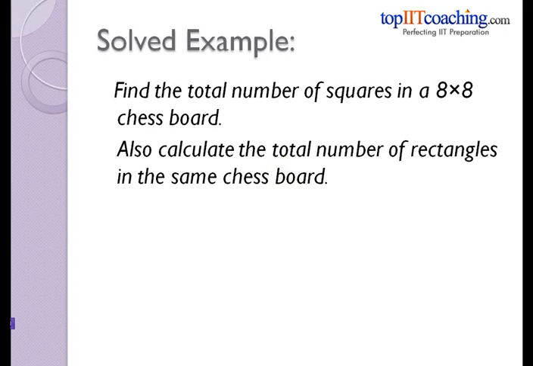Also calculate the total number of rectangles in the same chessboard. So what we have been given is an 8x8 chessboard, and we have to find first the total number of squares in this 8x8 chessboard, and second, find the total number of rectangles in the same chessboard. So the solution of it is,